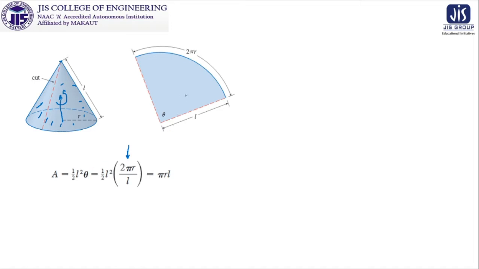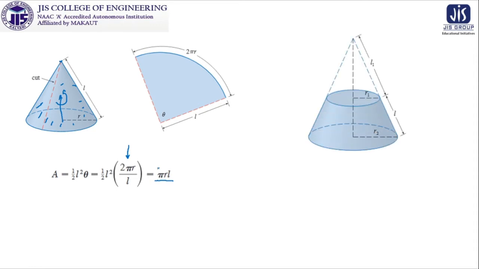Because it is pi r square for the whole thing. Now if this is pi r square as the area of this whole circle for 360 degrees, then for theta, what will be the ratio? You can find this out, but ultimately, by simplifying L square and L, we get pi r L. So this is also done by a non-calculus approach.